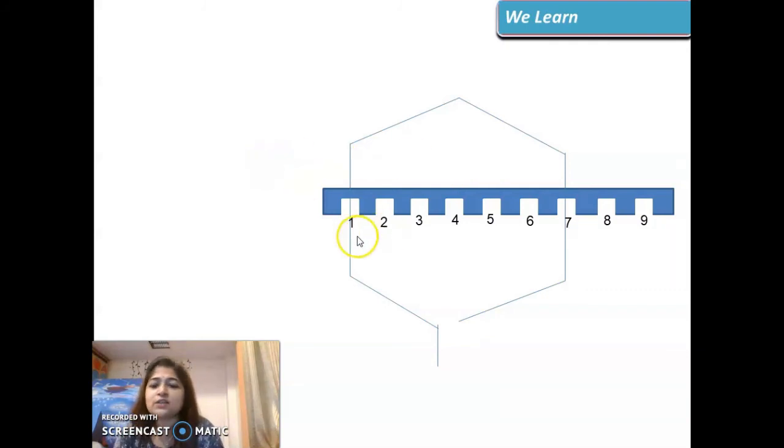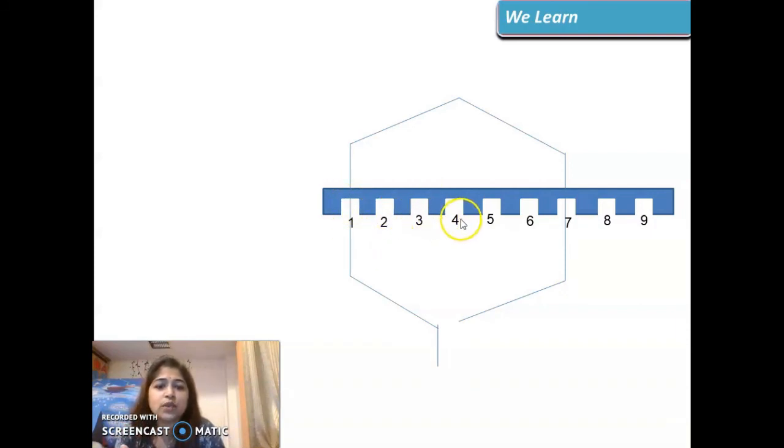But if it is six slots, it doesn't mean that if the first conductor is placed in slot number 1, the other conductor will be in slot number 6. No. If this is at 1, then after 6 slots you will have the other one. That will be a full pitch coil. Many students have confusion here. When they start from the first slot, they end up at the sixth slot and say it is a full pitch coil. No, after this you need to have six slots.